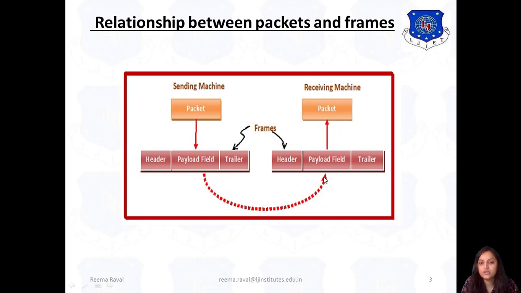Similarly, at the receiving machine side, the frame consists of the first field, the header, then the payload field, or else the data field, and the last field, the trailer, right? So these are the frames, and the network layer converts these frames into packets at the receiving machine side. Okay, so this indicates the relationship between packets and frames. All right, now